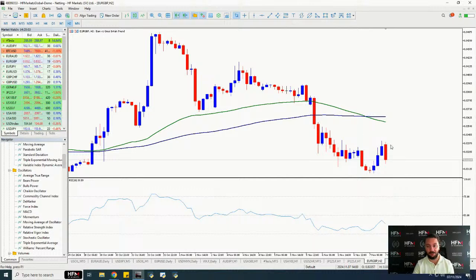So if we are seeing the British pound increase in value against the euro, it is in line with technical analysis. Why? Because we're trading below the 75 bar exponential moving average, trading below the 100 bar simple moving average. These two are crossed over downwards. So you can see here they're crossed over downwards.